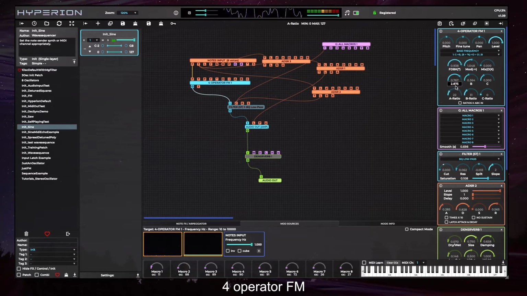The feedback control is having an effect on operator A in this particular algorithm. You can see that by the little star that's next to the letter. For this implementation of FM, I've tried to keep things relatively simple by providing a fixed number of ratios that you can pick from. There are actually 128 ratios,